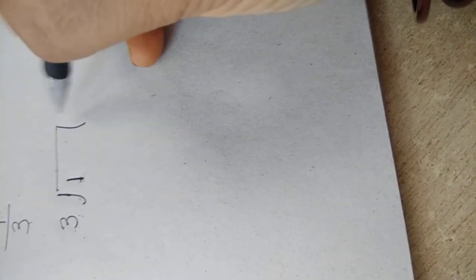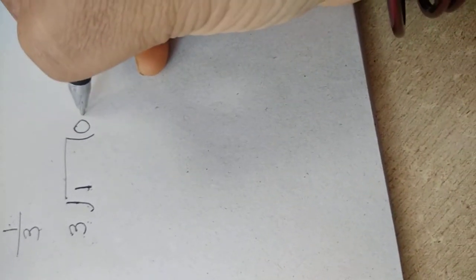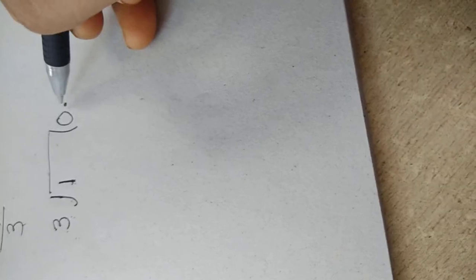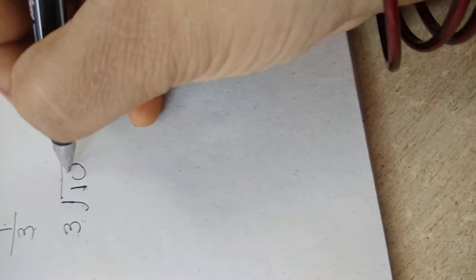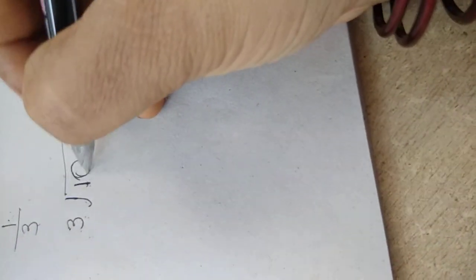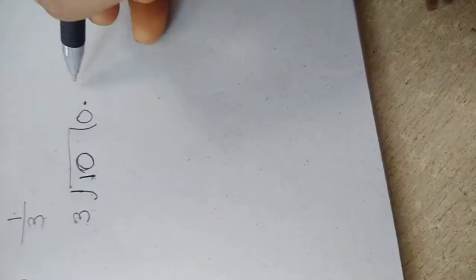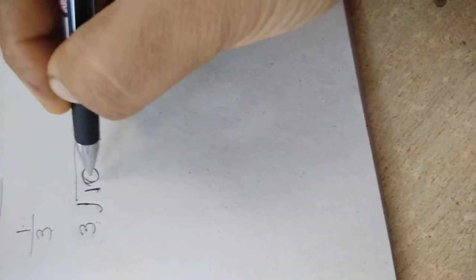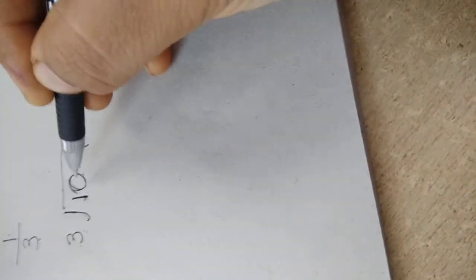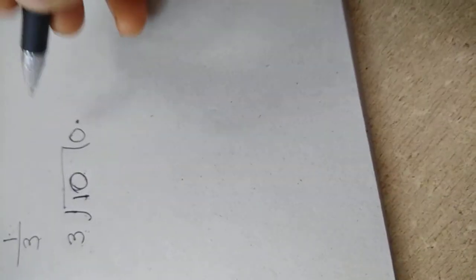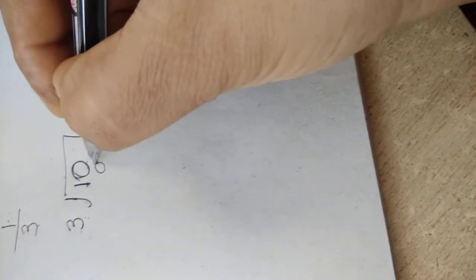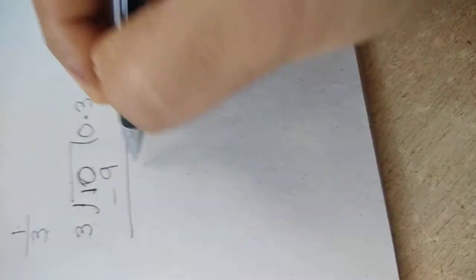Then 1 divided by 3. Let us see. 1 is smaller. So obviously, like the above problem, 0 point. And what will this point do? It will give 10 to the 1. So 3 how many are? In 3's table, 10 is not there. Then 3 how many will you count? 3 3's are 9. Then 10 minus 9 will give you 1.